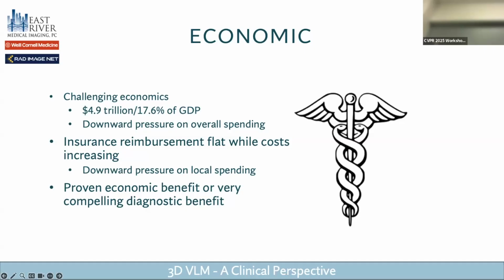And that's actually both globally and locally, right? So Medicare faces these same pressures of trying to reduce expenditures that I'm facing in my own practice. So from my perspective, the things that will become successful, at least initially, are those things that have a very proven economic benefit. As one of the previous lectures mentioned, MRI acceleration is probably the most widespread AI in clinical practice now. And it's done for a very specific reason, because there's a clear ROI. Because I know if I take my MRI scan time from 30 minutes to 20 minutes with an AI algorithm, I know I can save X amount of dollars with the tech,